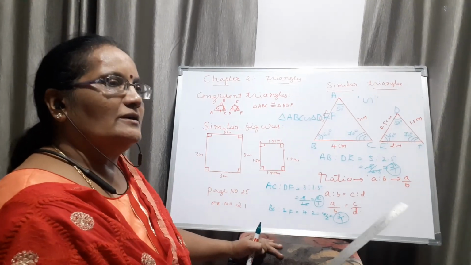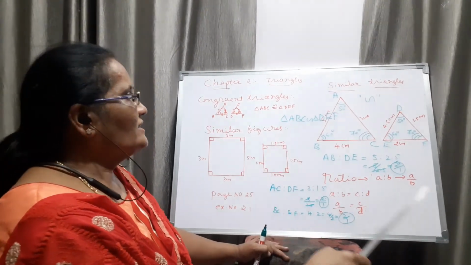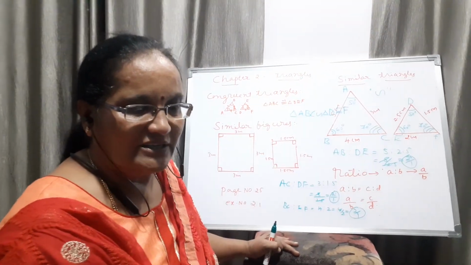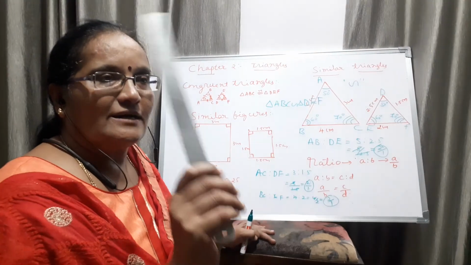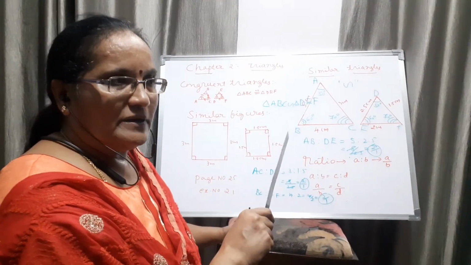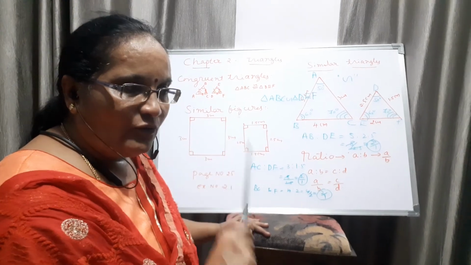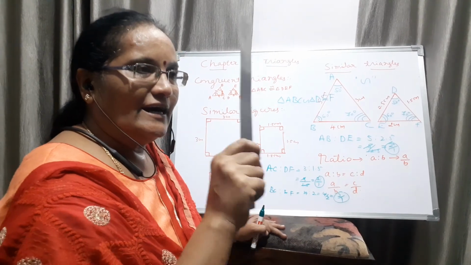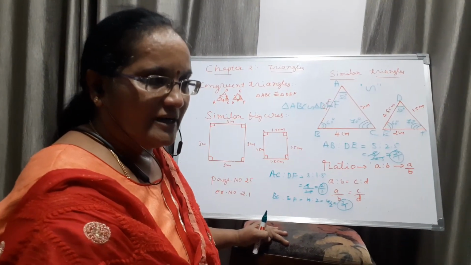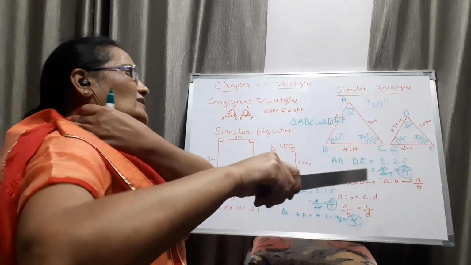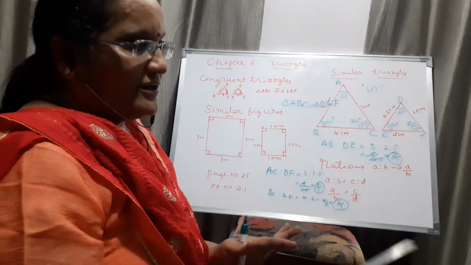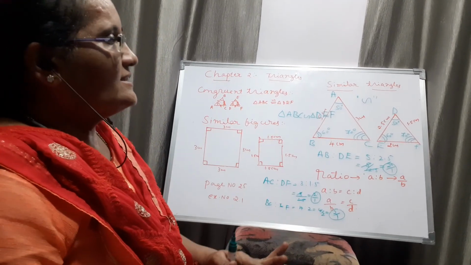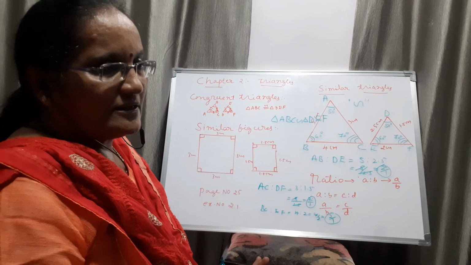Next, the Pythagoras theorem is there. That is totally 4 theorems on triangles. Among these 4, you will get 1 theorem in the examination for 4 marks. It is a compulsory question in your question paper. Therefore, from now itself, what I am doing, you learn the theorems and write them until the exam is completed. Understood? Now I will explain the statement of the Thales theorem, the corollary of the Thales theorem, and the converse of the Thales theorem.